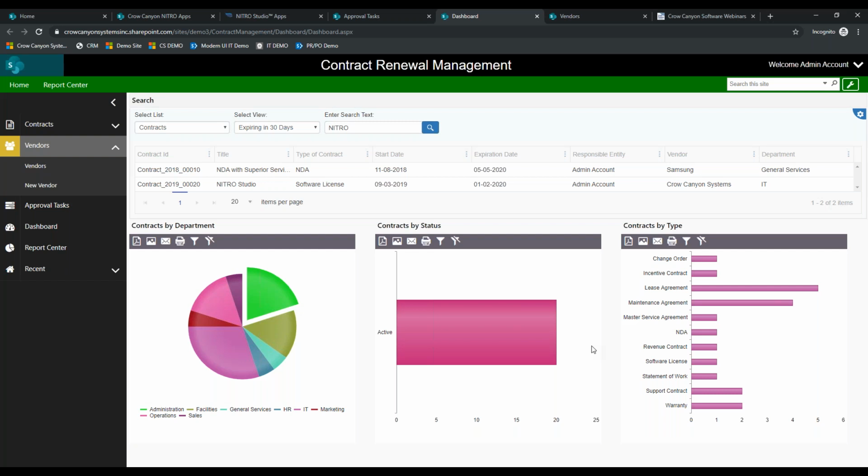Right? So you also have that flexibility to have the reports live within the dashboard, but again, leverage that NITRO Studio workflow tool to send the reports to people of your choosing when you'd like, date and time cadence of your choosing. One other piece here that I just kind of plugged in because I wanted to touch on it